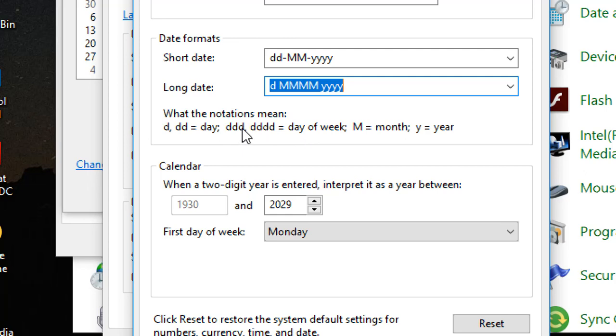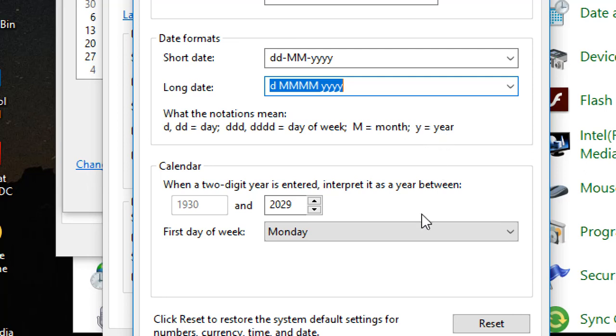Or if there is 4D, it will give you the whole name of the day of the week. Clear everyone? 1D and 2D mean today's date. 3D and 4D mean today's day of the week, meaning the week names: Monday, Tuesday, Wednesday, Thursday, Friday, Saturday, Sunday, like that. Understood everyone? M means month and Y means year.